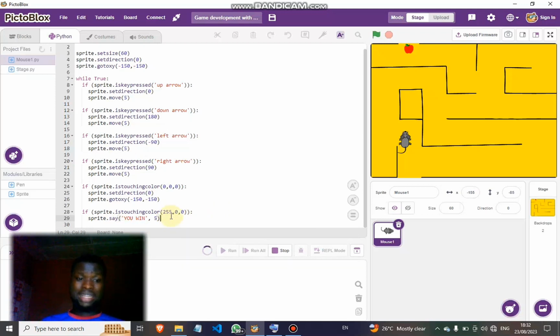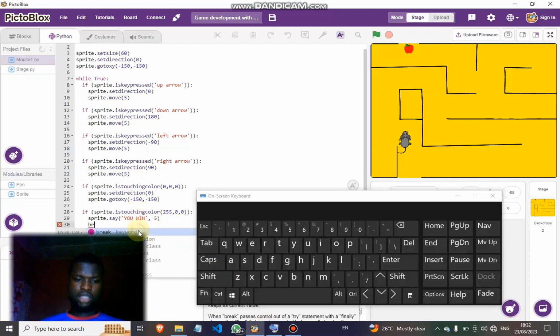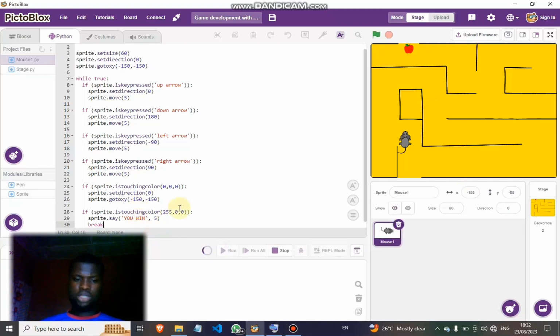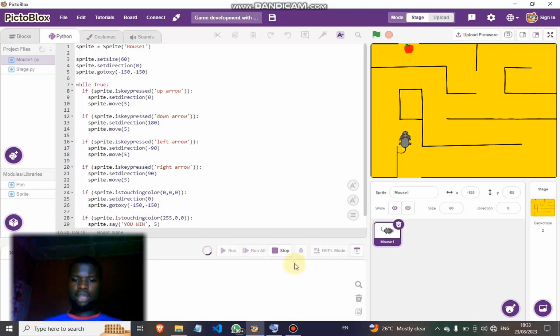Now then we need to end this game once it gets to the red color. So we're going to use the break function, or the break statement. We're going to use this to be able to stop the game every time it gets to that red apple. So let me stop it again and run it again. Okay, so let's let it go back. It's pretty slow here, slower than it ought to be, but